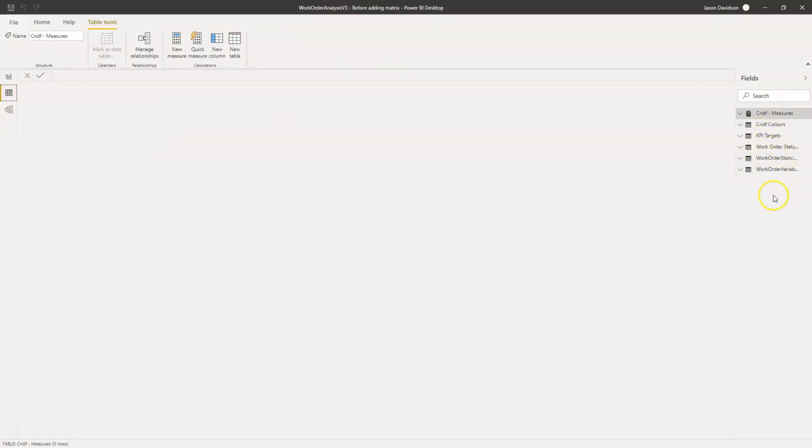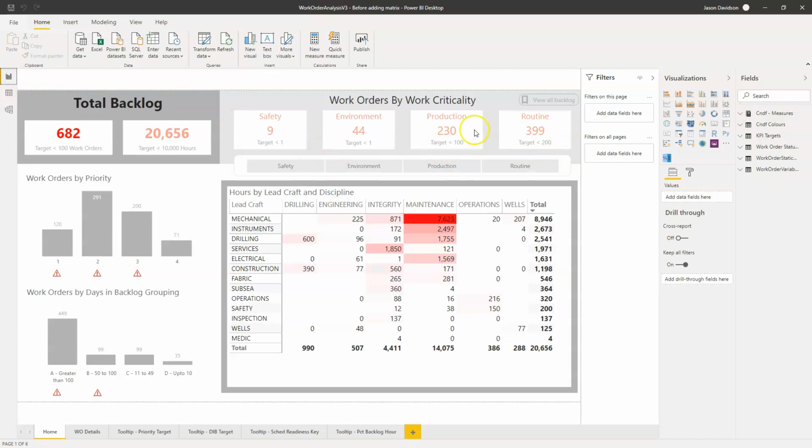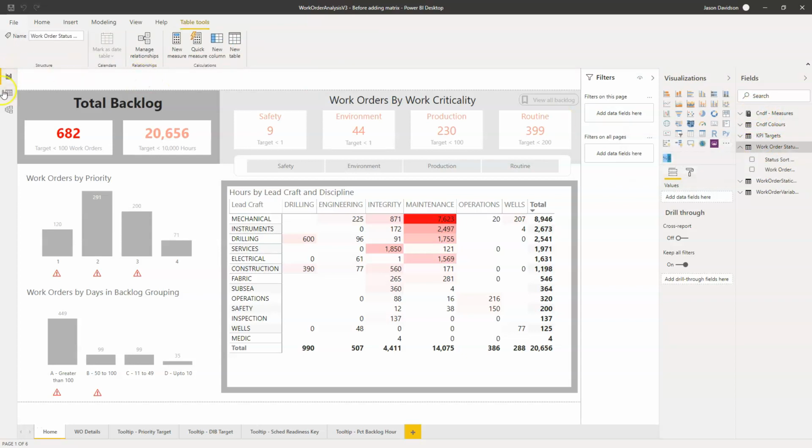we can see we've got a few bits and pieces in here. We've got a lot of conditional formatting, so that is how we've got these colours here. Again, there's a video on how to create this at Effective Maintenance Dashboards. Shameless plug once again, but it's all useful stuff. So if we go into this,